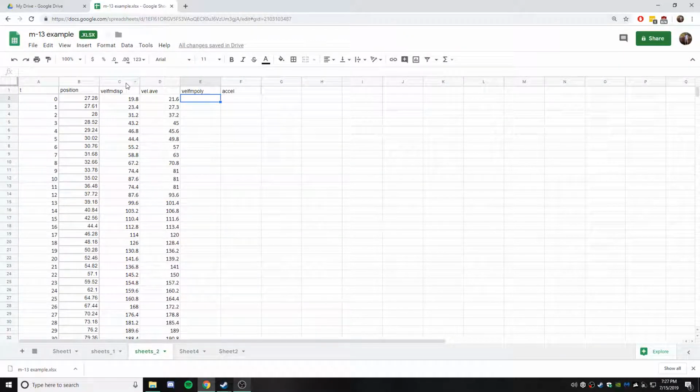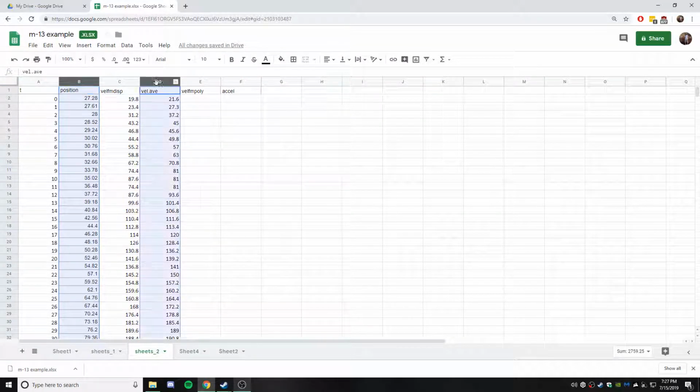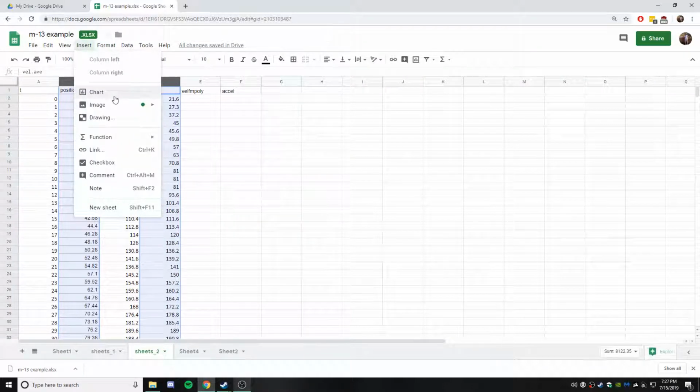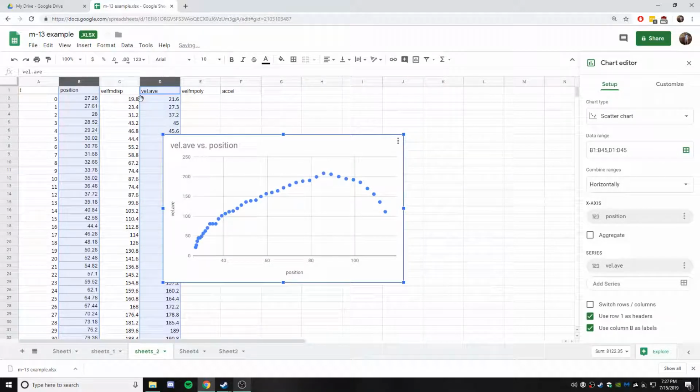Now we want to plot it. This is where it's a little bit different. So we're just going to select column B by clicking on it, hold down Control, select column D, let go of Control, push Insert, click Chart, and you're going to get something like this. Now, this isn't what we want, so we need to,